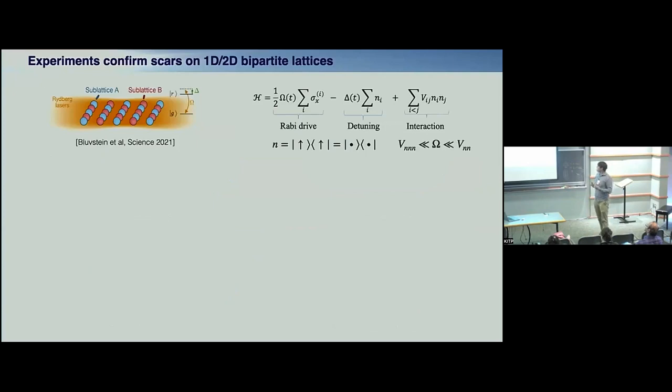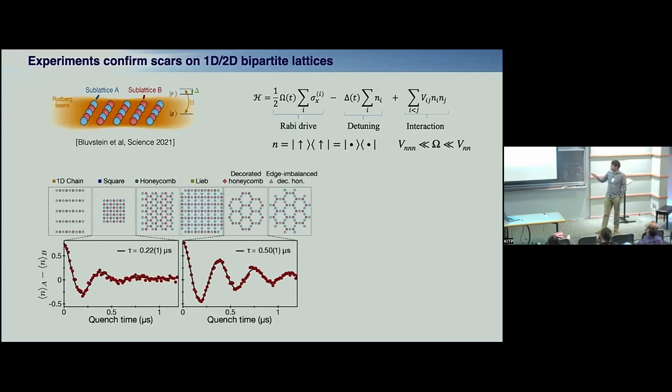So now, let me come back to the experiment, to this very nice simulator. It's a very powerful machine. It was really efficiently able to implement the scars on a variety of lattices: chains, square lattice, pretty much a number of bipartite lattices, and they show oscillations, but you see that the lifetimes are actually interesting and different. And you can ask, where does this lifetime come from, right? I showed you already that the PXP model needs some deformation, but why is this so damped, right?